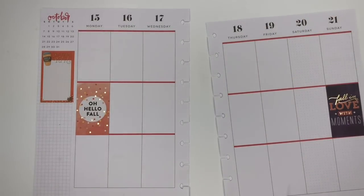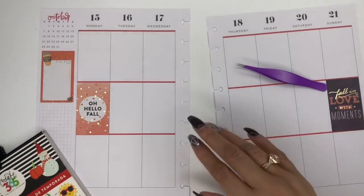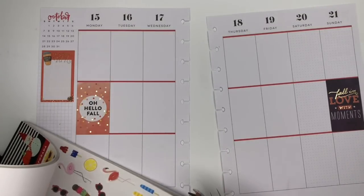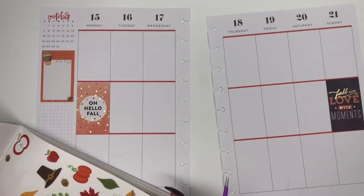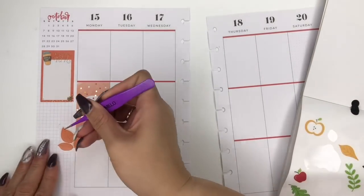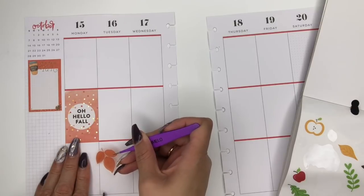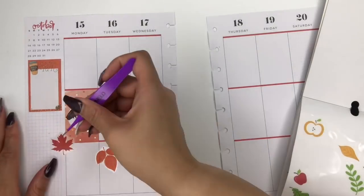Alrighty, let me grab some tweezers. I guess I don't have any taken out. I'll just grab those surgical tweezers. And I want to put some fall leaves and things around. So let's see. I'm thinking this is a seasonal book, but I could have told a lie. I'm correct. We do have some leaves and things. I don't want too much orange. So let's see. Put some leaves, just kind of